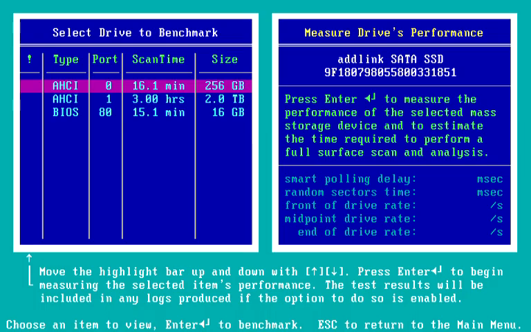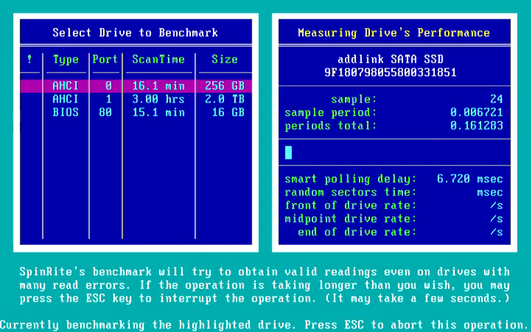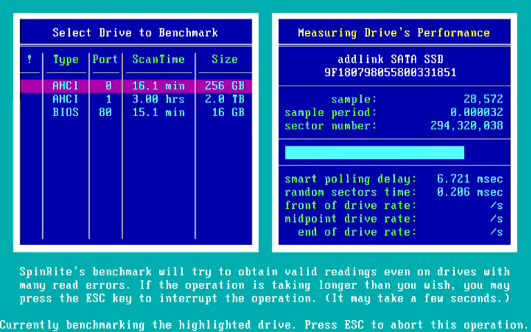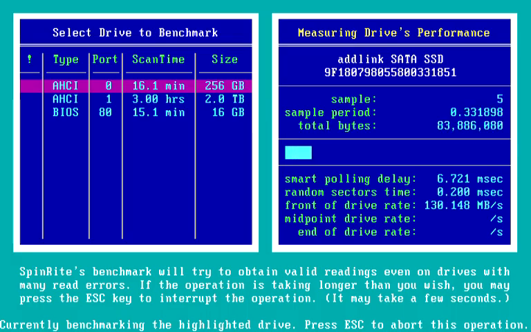So here are the 3 drives that we saw earlier on the first Discovering Drives and Benchmarks screen. While the first drive is highlighted, I press enter in order to run benchmarks on that AddLink SATA SSD drive. Random sector timing is not very interesting on an SSD because, of course, being solid state, they're all pretty quick. But